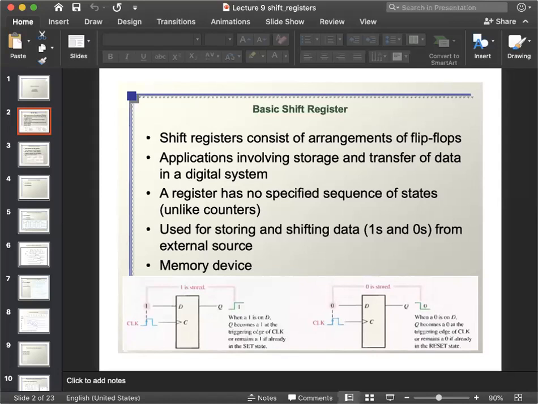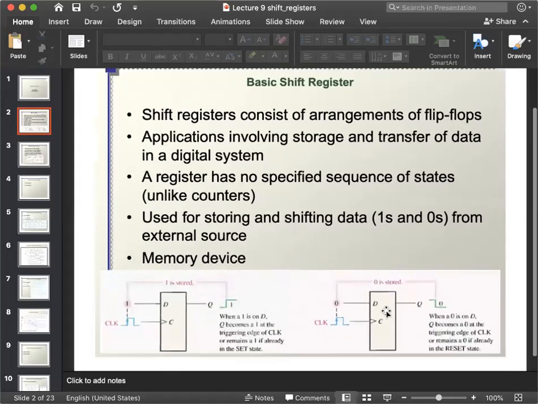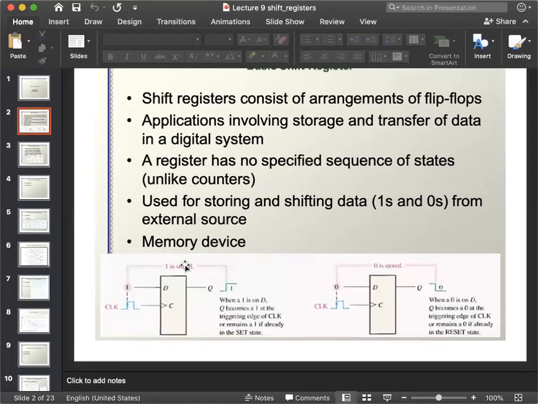And I say bit by bit, so a bit could be 1, a bit could be 0, any bit could be there. For every shift there will be a data transfer. Okay, and it can also store the data. If you look at the slide below, if you want to store one in the flip-flop, this is a D flip-flop. A clock is attached here. We denote a flip-flop's clock with C, using this arrow sign. D is my input, as it is a D flip-flop, and Q is my output.